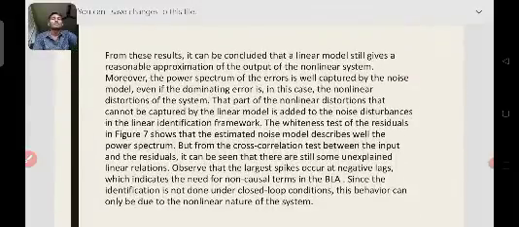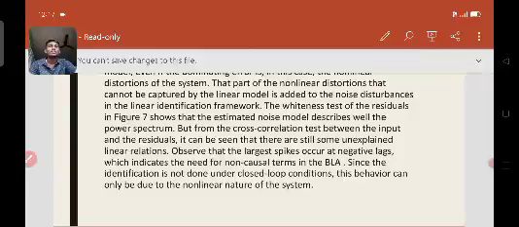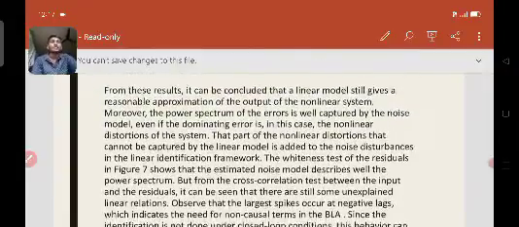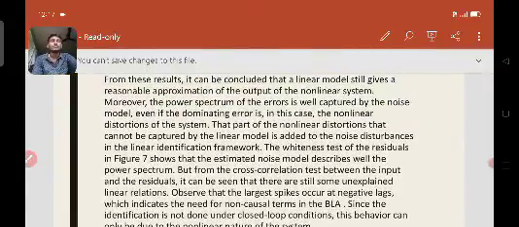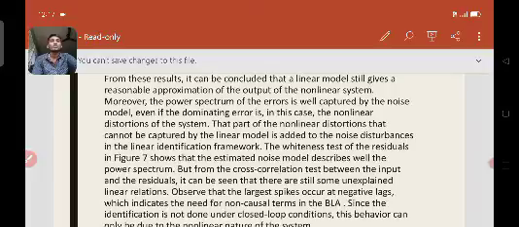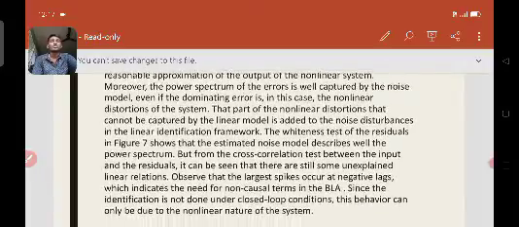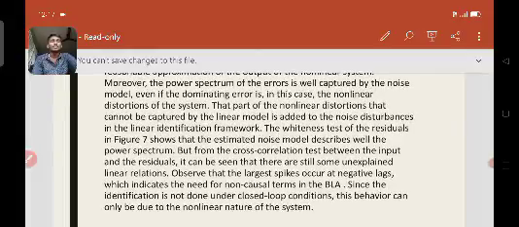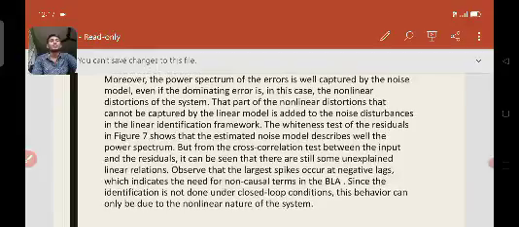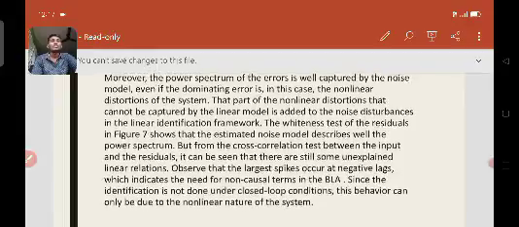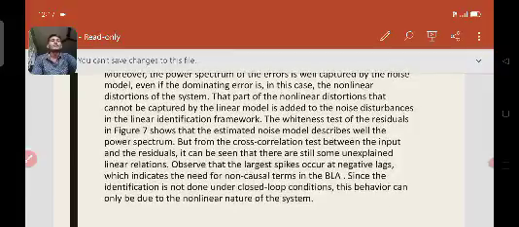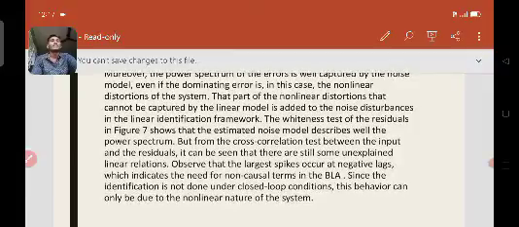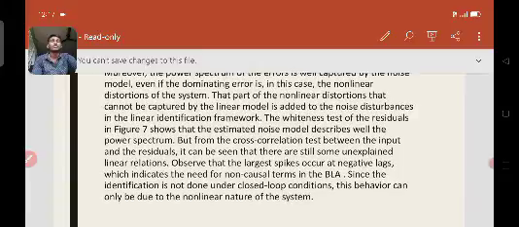So from these results, it can be concluded that a linear model still gives a reasonable approximation of the output of the nonlinear system. Moreover, the power spectrum of errors is well captured by the noise model, even if the dominating error is, in this case, the nonlinear distortion of the system. That part of the nonlinear distortion that cannot be captured by the linear model is added to the noise distribution in the linear identification framework. The whiteness test of the residual in figure 7 shows the